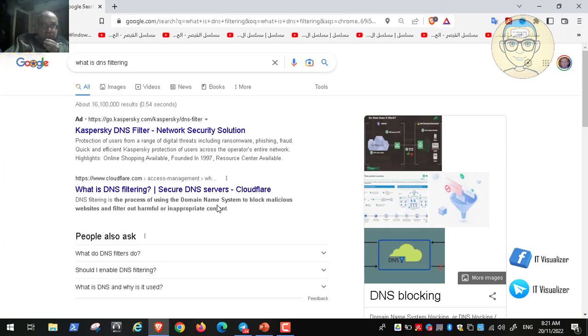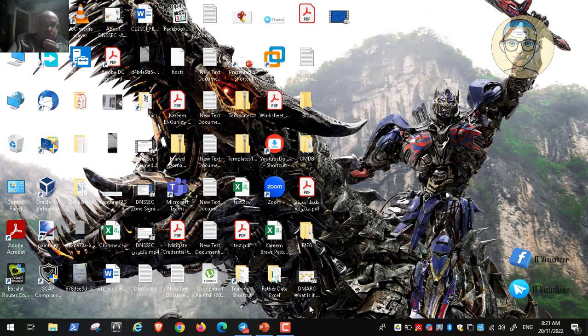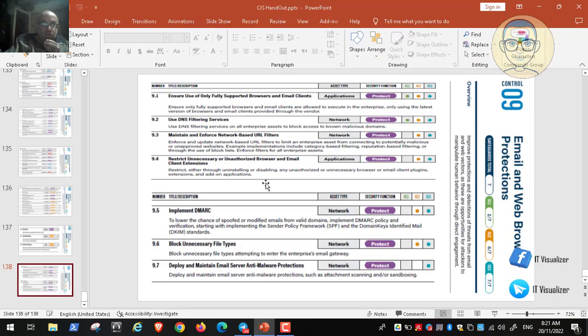So DNS filtering is a process to protect users or machines from being redirected to malicious websites and harmful, inappropriate content. For example, you can use DNS filtering to protect your kids from viewing porn sites or something. This DNS filtering will block your kids from viewing some harmful websites. So this is the second thing, to use DNS filtering